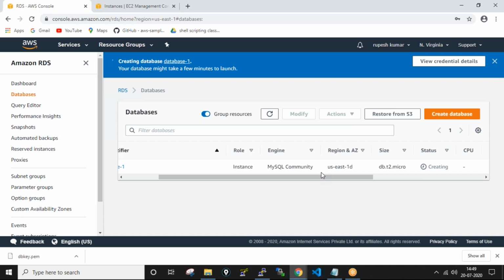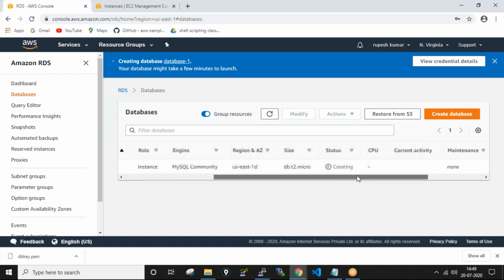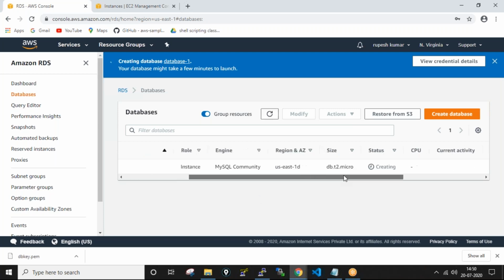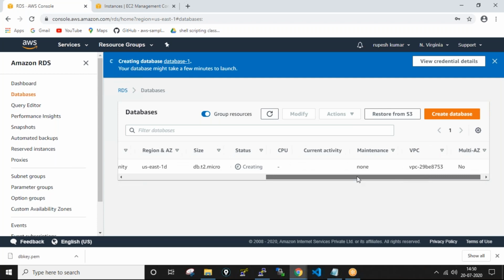It is still creating. Only when it gets created will we connect to the instance.